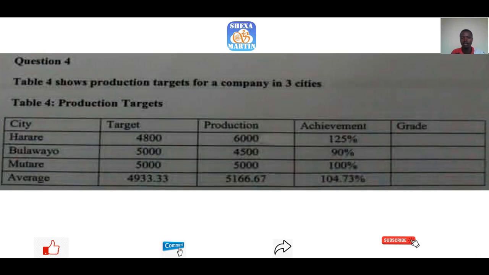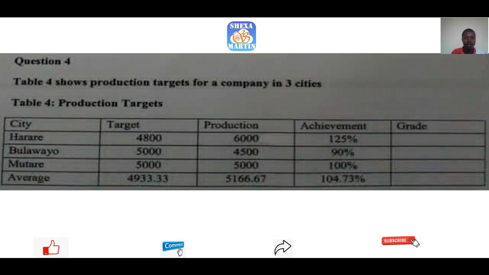Right, so let's start with the first question. I will show you the image that I've received from the one who requested me to give you this practical lecture. I will read the question because some of you may say we cannot see the question. It's reading question 4. Table 4 shows